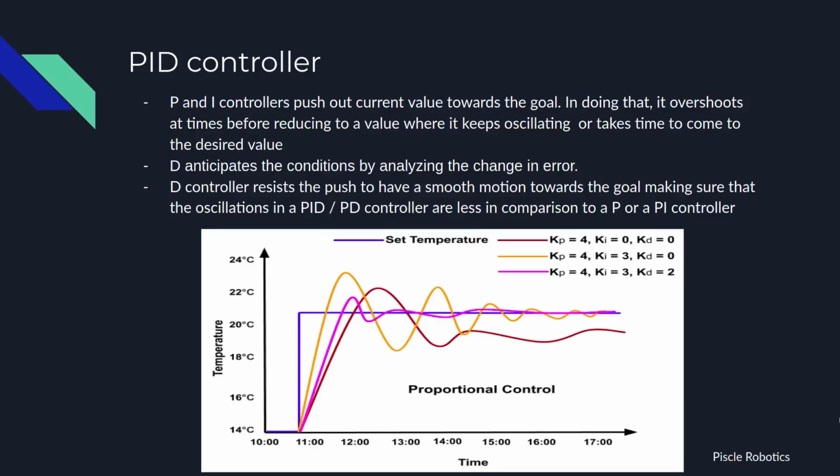Let's try to understand the implementation of PID in the form of a graph. Let's compare the performances of P, PI, and PID controllers. So if we just look at the P controller, where this Kp is implemented, which is denoted by a maroon